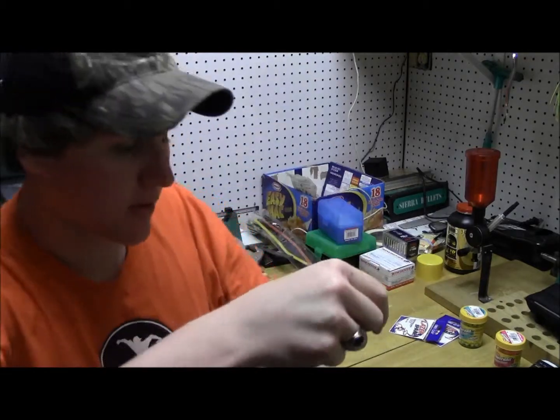So now I've got my tiny little size 8 hook there tied on to the other end of my leader. One end of my leader, again, my 4-pound fluorocarbon leader, is tied to my braid main line, and the other end is tied to my hook. The next thing you're going to want to do